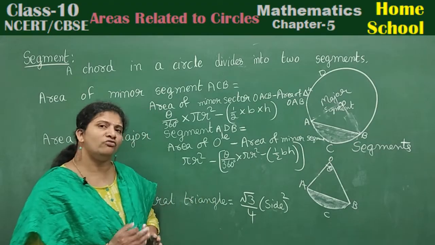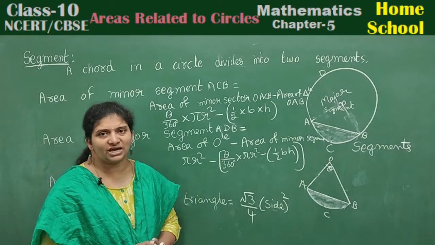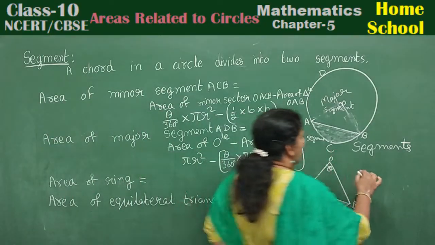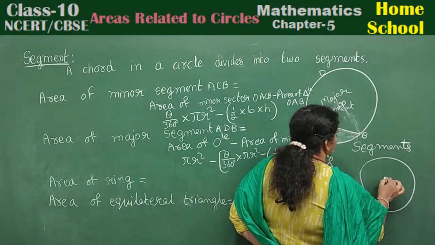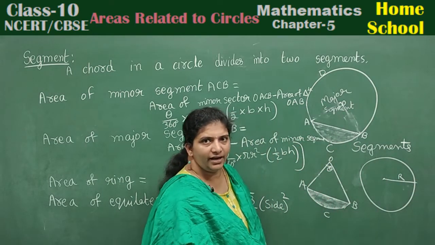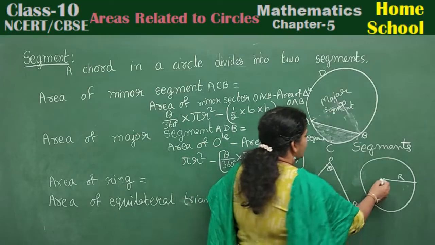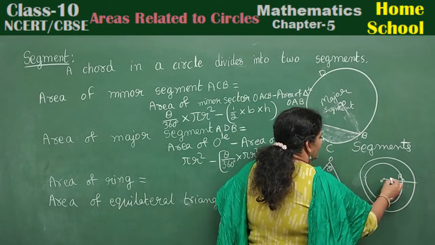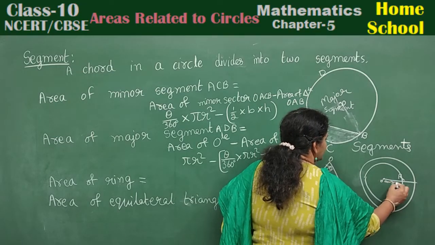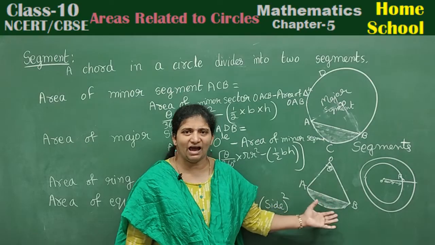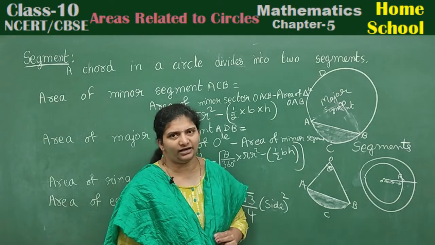Okay, and one more formula we are going to apply in this chapter, that is the area of a ring. Suppose I draw a circle here, right, with center, and let me take capital R as the radius. This is the center, and I draw another circle having this radius small r. What type of circles are these? They are concentric circles.